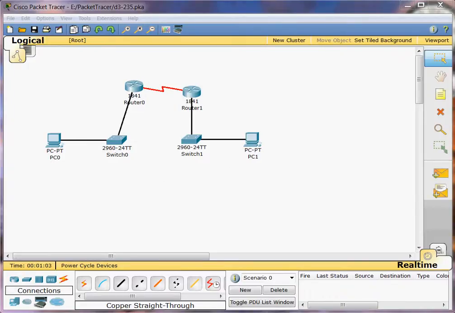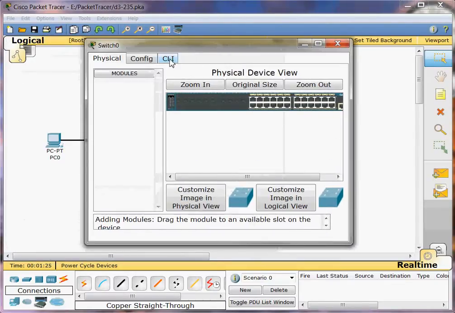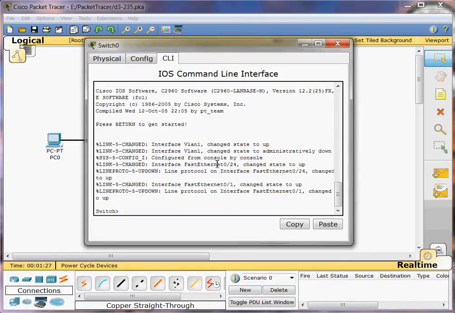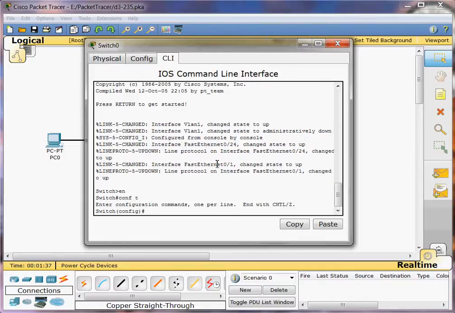And this is Packet Tracer 2.3.5, and the objectives of this Packet Tracer are to perform basic switch configurations and then verify. So the first thing we need to do is configure Switch 0. We're going to select that one, and then go to the command line interface, and type enable, and then go to global configuration mode, so configure terminal, and then we're going to